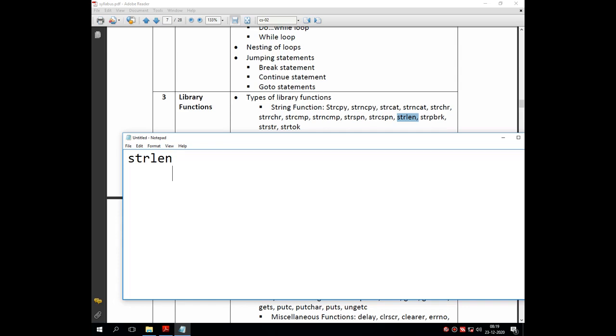That means, suppose I have entered MVM as the input string, then the output will be 3. For example, if I give Rajkot as the input string, then the output will be 6. Now let's see how it works.